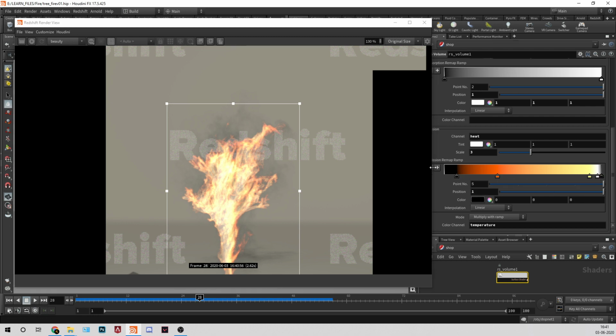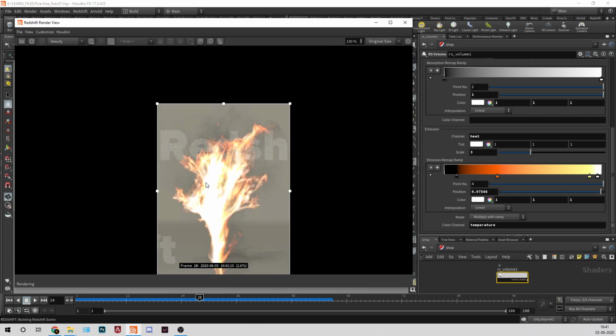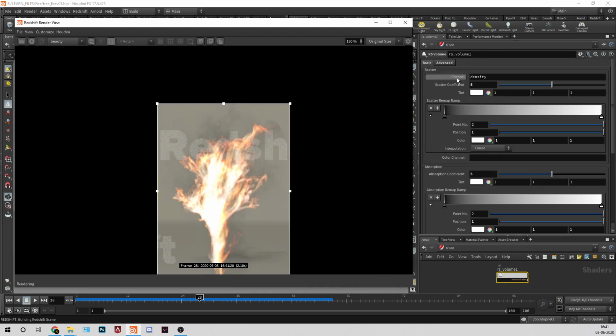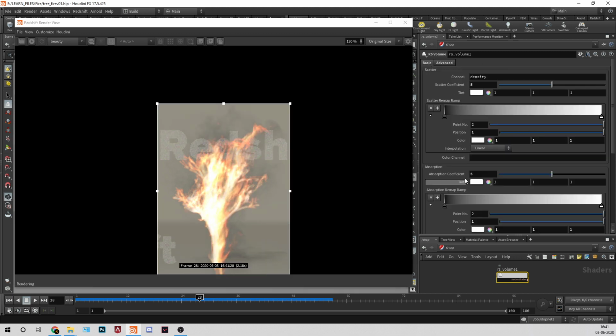And maybe I'll remove this one. Yeah, and 2. That's what you have to do, a lot of changes to get the perfect look, but that's how we can create fire. You can see we are getting that streak.